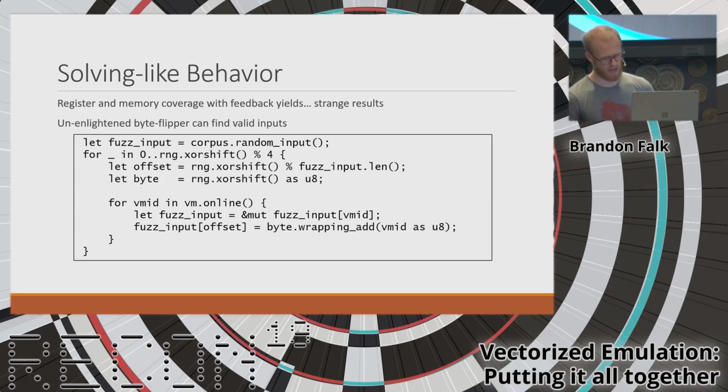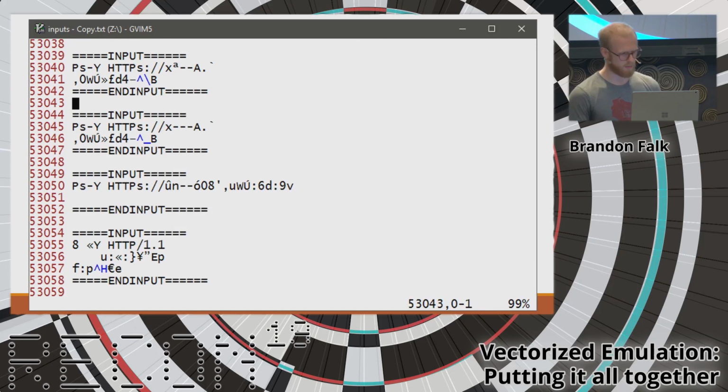And I pointed this at http.sys in the Windows kernel. And this is what I got after about 10 seconds of fuzzing: I started getting strings like https://, I got an http/1.1. And while this looks like garbage, you have to remember that this was found without knowing that it is an HTTP parser. I didn't tell it to look for these strings. I didn't seed it with this information. It started with an empty corpus with completely nulled out inputs, and I randomly flip a couple bytes each fuzz